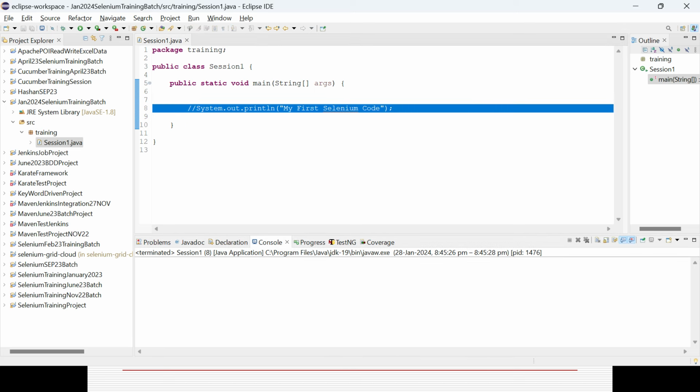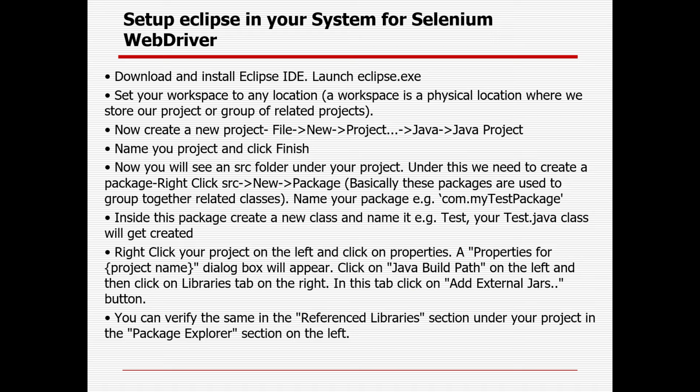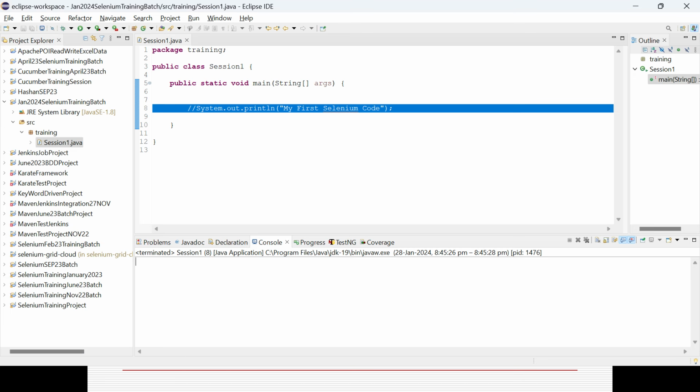Now I will try to open any browser, and open any kind of URL through my browser. That is the reason I want to write the code. For that, you need to integrate the Selenium jar file first. You have already installed Java, you have already opened Eclipse, so those two parts are done. Third part, you need to associate the Selenium jar file, which you downloaded as part of the third step.